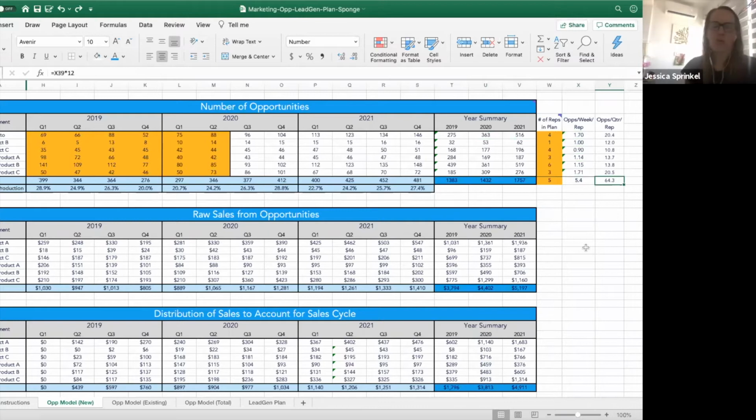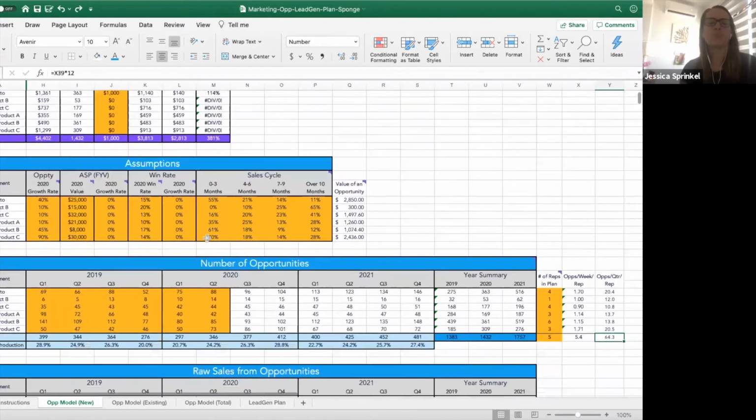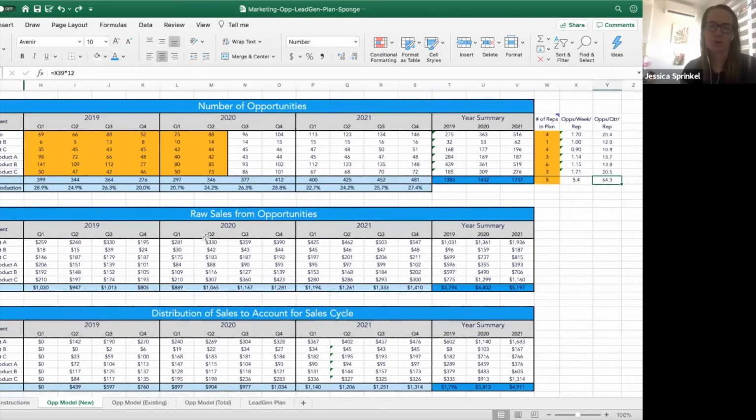Usually how this goes, so let me just take a pause. Usually how this goes is you're entering in your assumptions and your targets. You will get some kind of crazy opportunity numbers that you need to generate to hit the number. And that's when you need to go back to your exec team and to your counterparts in sales and finance and say, okay,